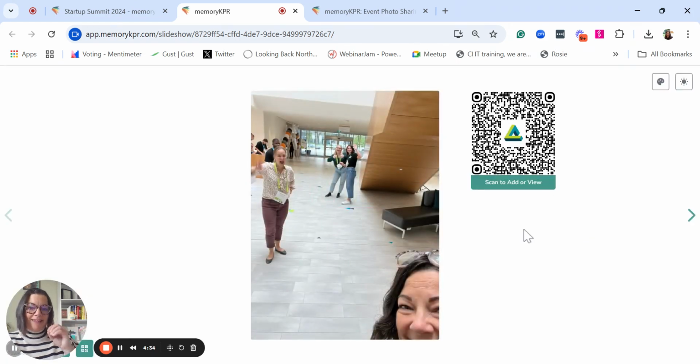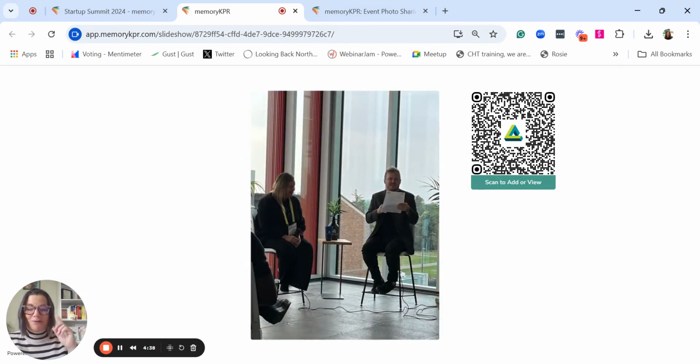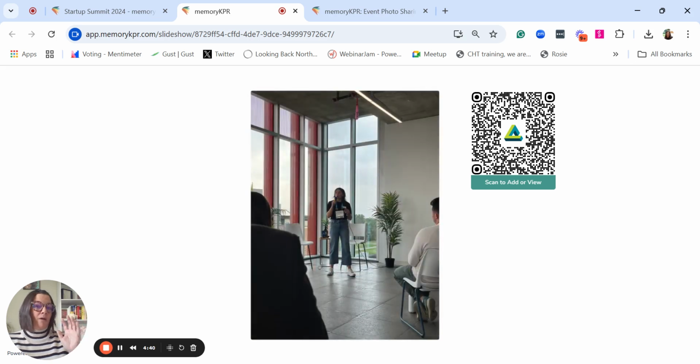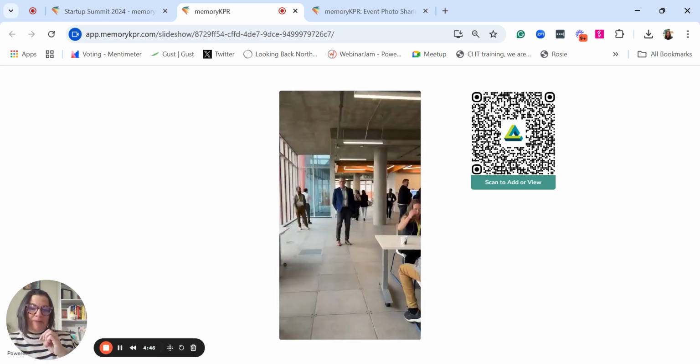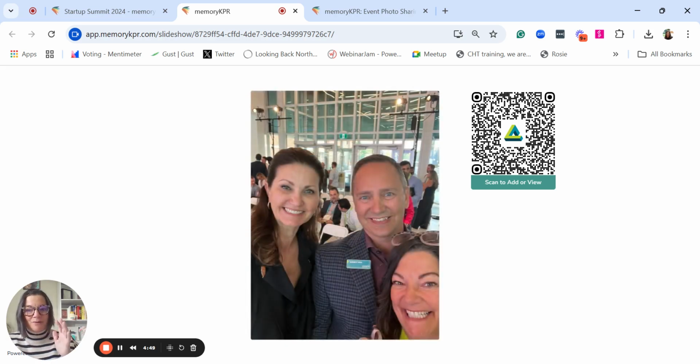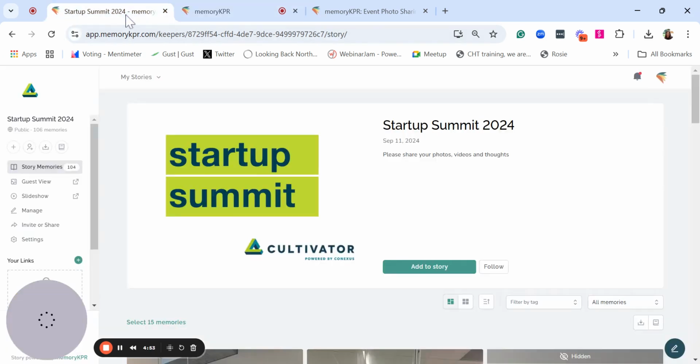I am telling you that having this wall active somewhere in your event where the pictures are streaming, whether it's just on a break or all the time, will be a gathering point. It will be a competition. People will see other people's pictures and they want to add their own. And there's a ton of games and things you can do to get people to add pictures. So I just encourage you to try the live wall and also recognize